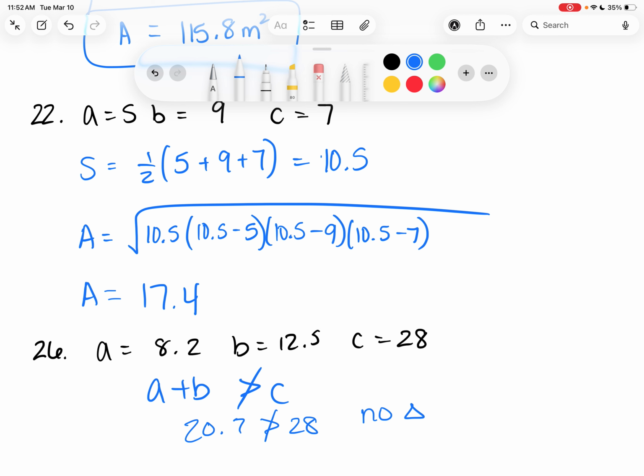If a problem like this was on the quiz and it's not a triangle, you need to tell me why it's not a triangle. Don't just say no triangle, give me the reason. Same thing on the problems from yesterday. If I ask you to tell me how many triangles there are, whether it's 0, 1, or 2, you need to show me the reason why. Don't just say it's one triangle. It could be if it's angle, angle, side, or angle, side, angle, so one triangle, because that can only produce one. But any of the side, side, angles, you need to have the reason from that table. So, again, I would start looking over that probably next